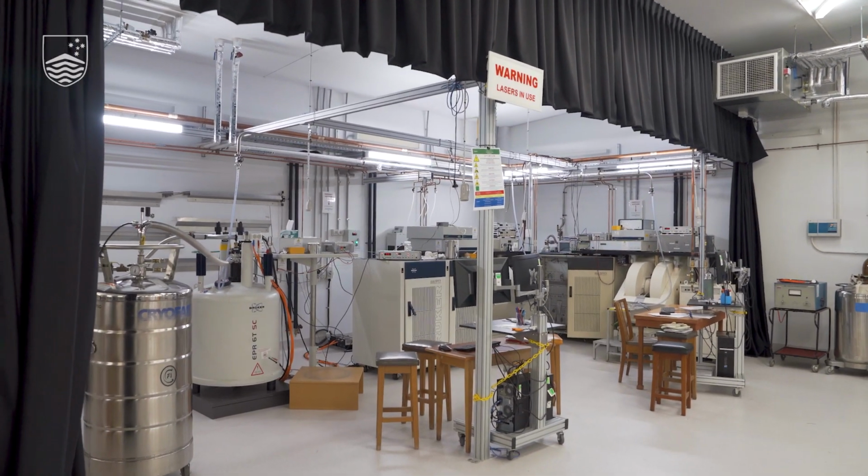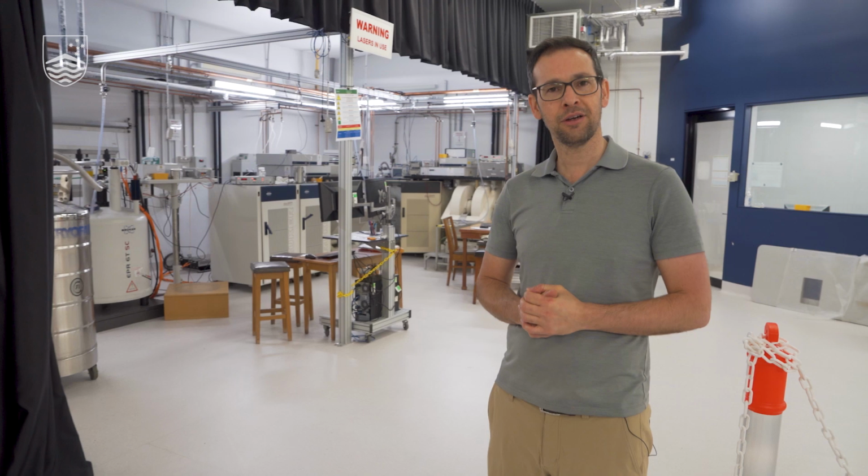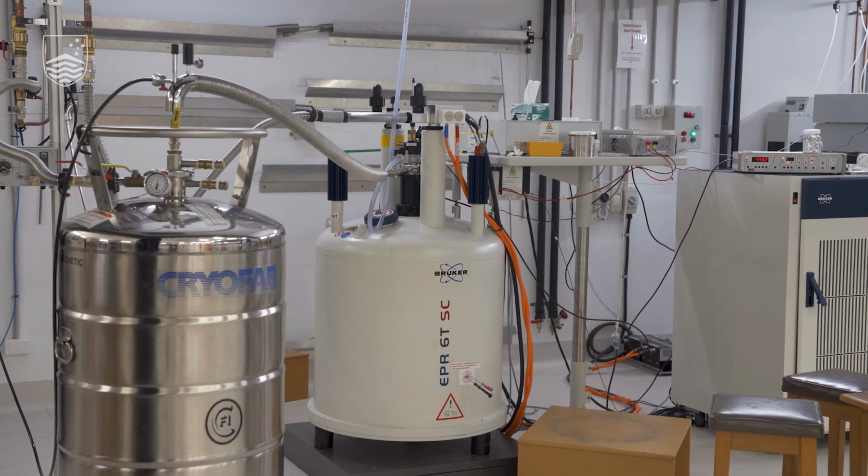Here at the EPR facility we observe unpaired electrons, and like certain nuclei, the electron has a magnetic property called spin that allows this kind of spectroscopy to